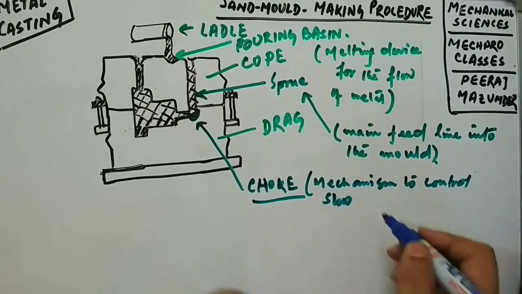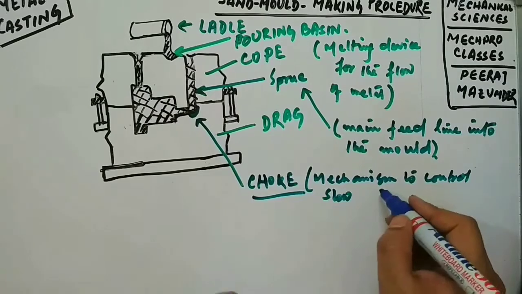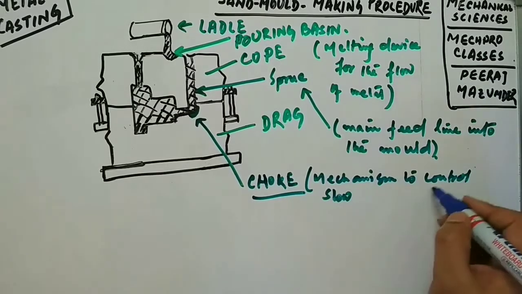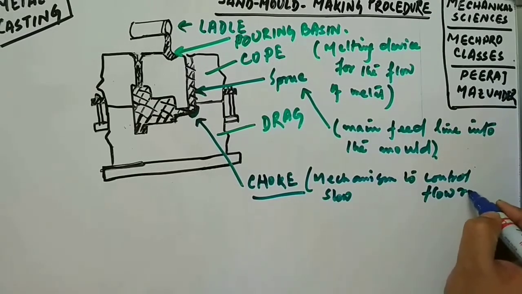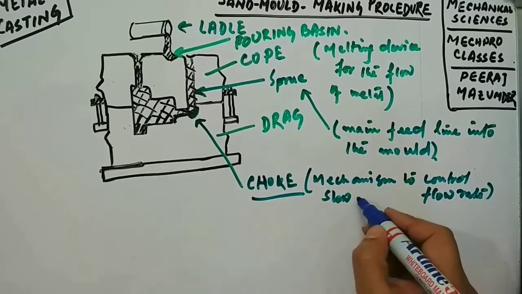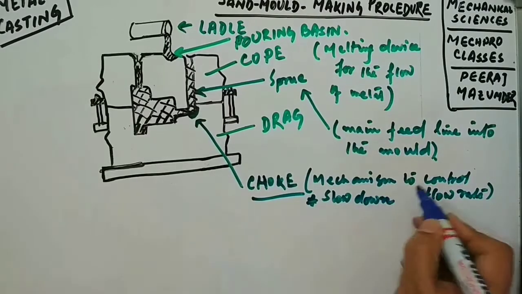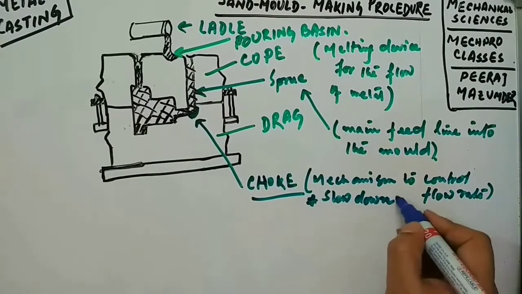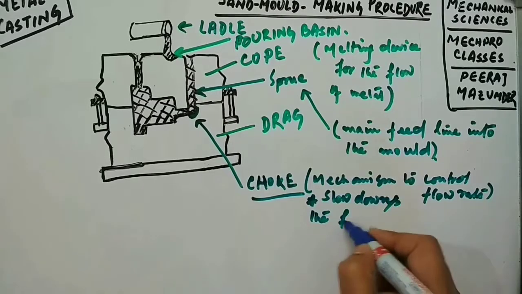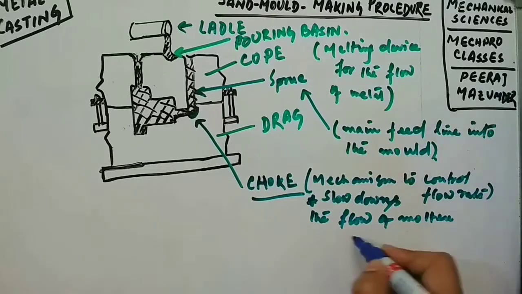So just try to make a note. Choke, you can write, it is a mechanism to control flow rate. Or also you can say it also slows down the flow of molten metal. What happens, look,